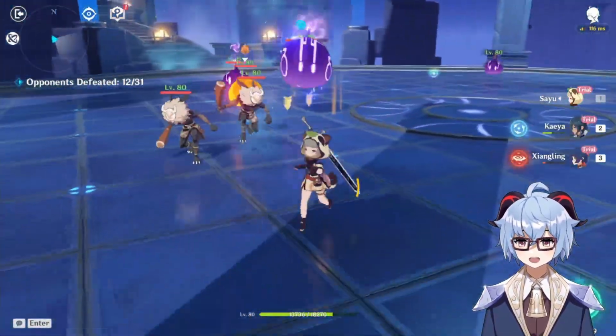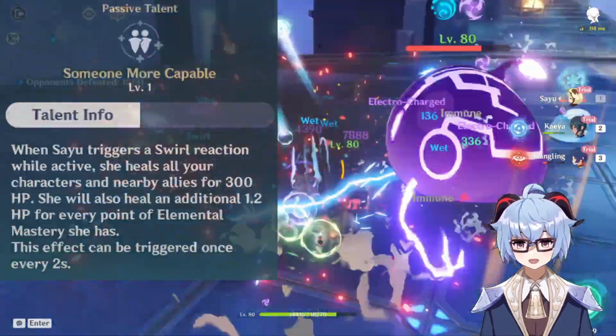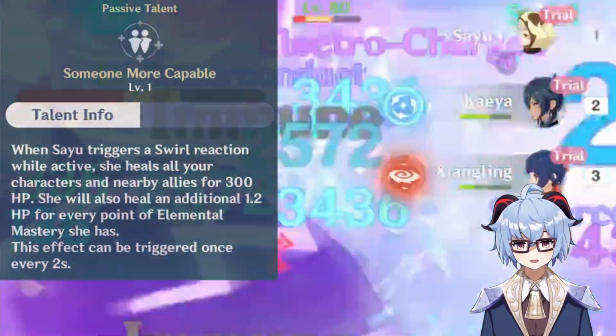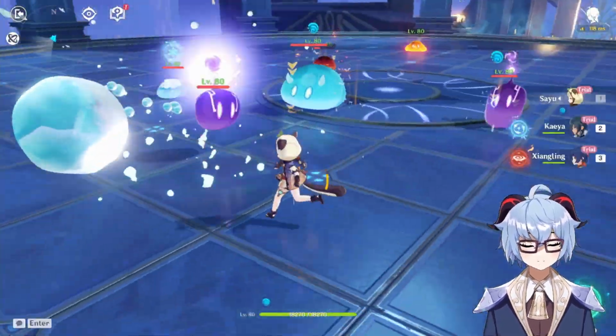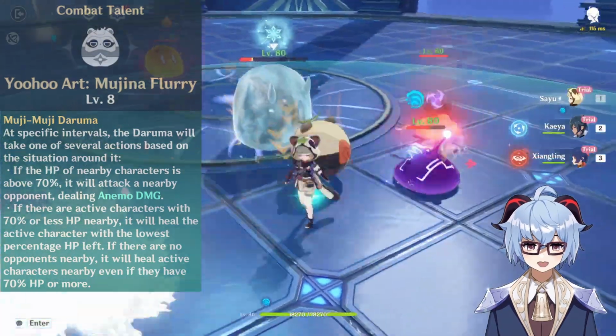Since she'll be dealing Anemo damage during this whole time, you will also eventually trigger her talent, Someone More Capable, which will allow you to heal your party members for every swirl you do every 2 seconds, which is dependent on your EM. Her burst, Mujina Flurry, summons a Daruma that has similar prerequisites to a C0 Bennett,